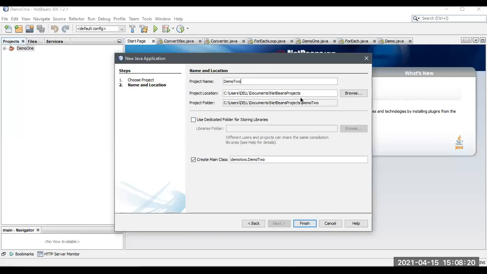And this is the project location, where the projects are saved. So in this Documents and NetBeans Projects, this project demo 2 will be saved after clicking finish. So here, how the project is managed, there is no need to build a path for that. It will automatically create it. So when I'm clicking on this,